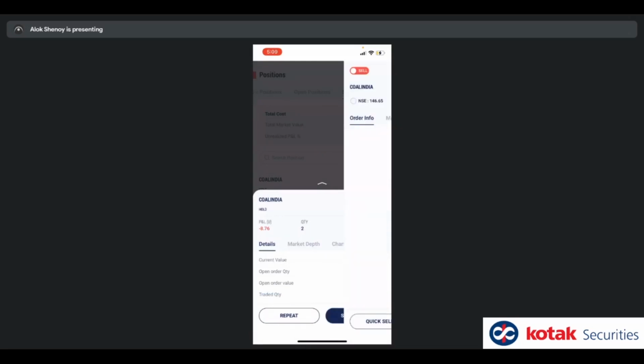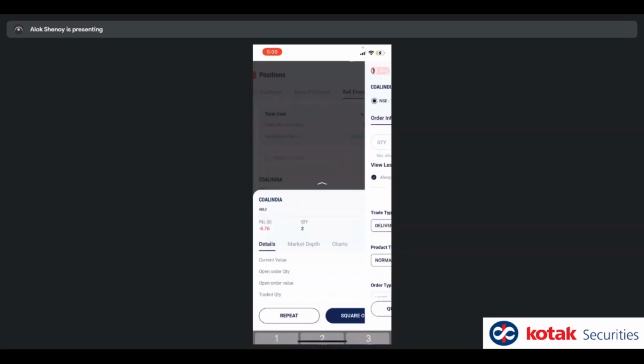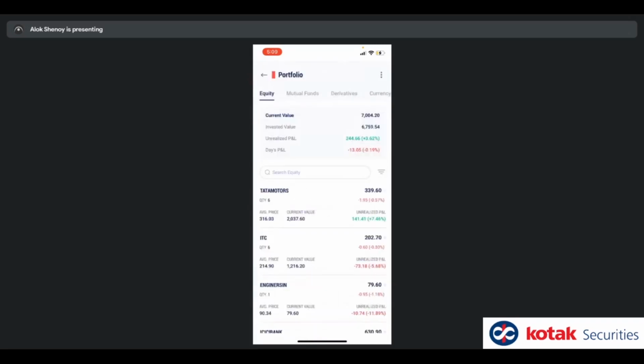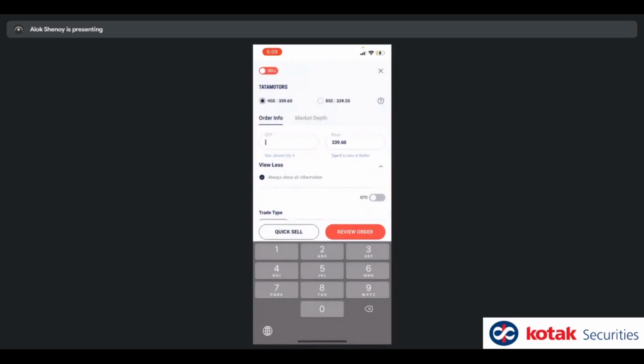So it is giving this clarity to me that I should not sell more than 2 because it is selling from my existing holding. The same thing if you do from portfolio, we are showing you the max allowed quantity is 6 in this case of Tata Motors. However, the portfolio updates the next day, so you might not see current data over here, right?